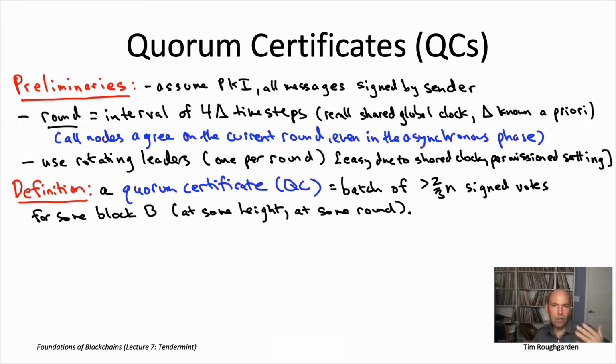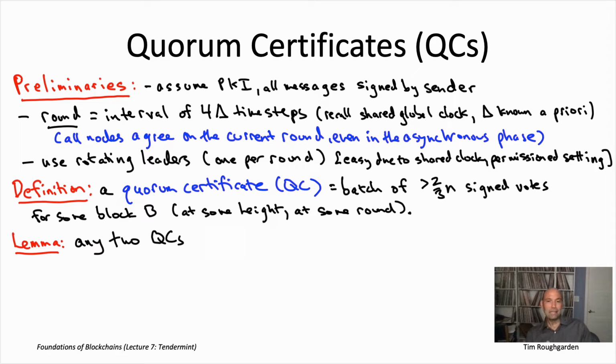Okay, let's record a quick lemma about quorum certificates, about QCs, specifically about their intersection. And so this will explain why we want a supermajority, and you'll also see for the first time how the less than 33% Byzantine assumption enters the picture in this simple lemma. So why is this true? Well, take 2 QCs, right? Each one has 67% or more of the nodes represented amongst their signatures.